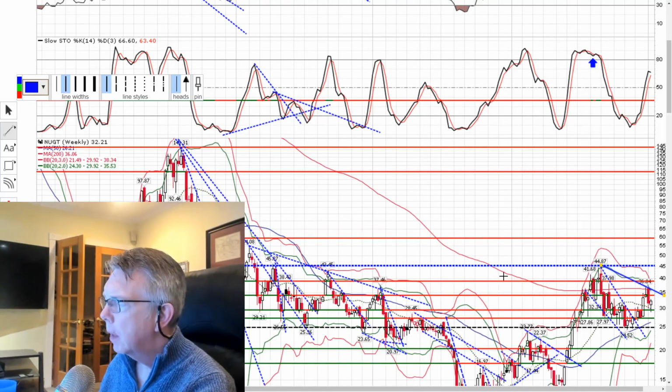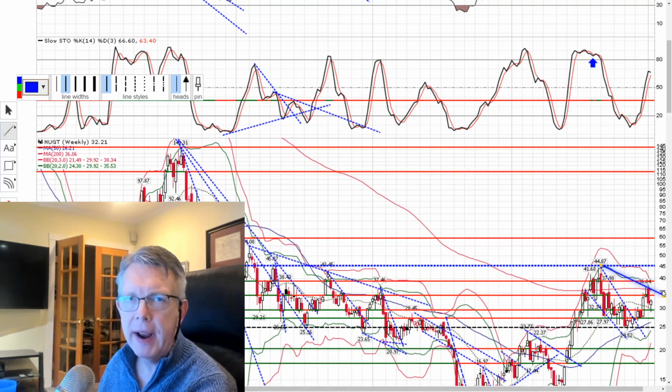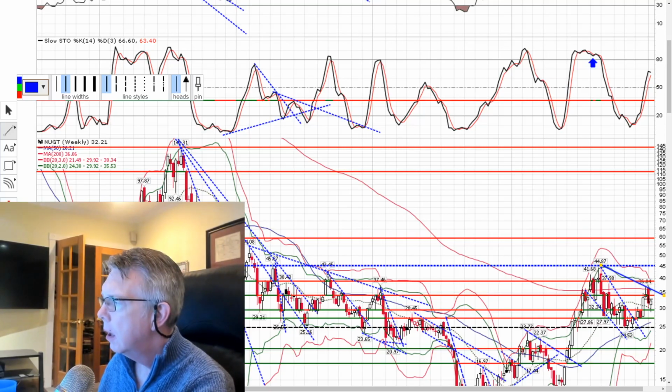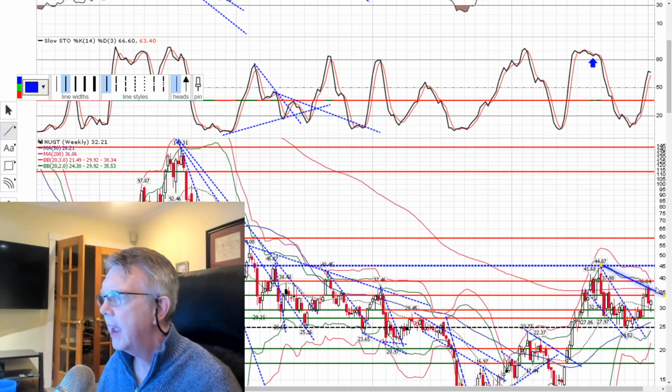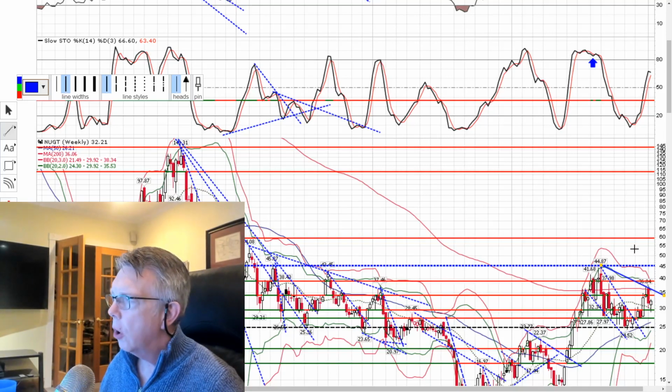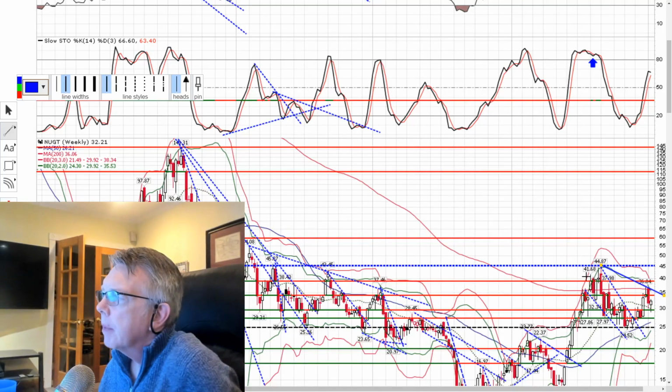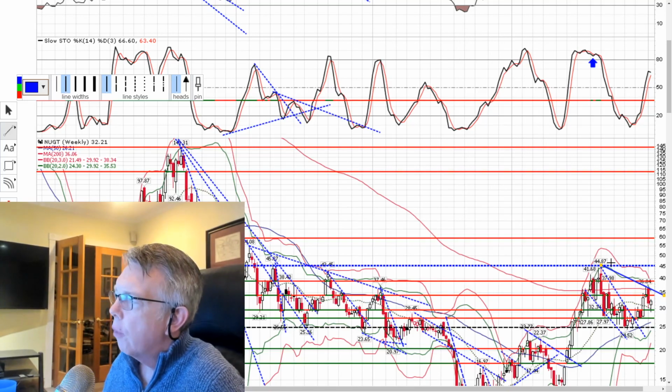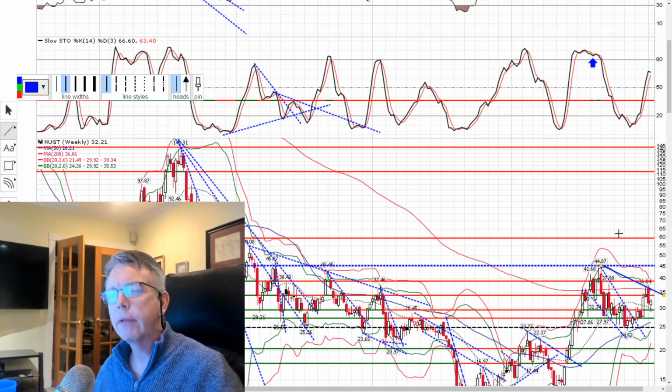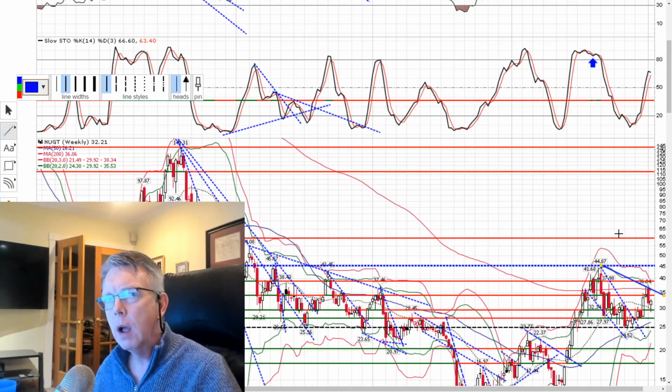All right, so the reason why I put this line here is I'm looking for a breakout above that upper band of resistance. We close out the week within the next couple of weeks above 35. That's really serious. That's really setting the stage for challenging all of this resistance above. Once we close above 44.87, I think that we're going to 60 in a heartbeat. That's why I went out to the 54 strike on